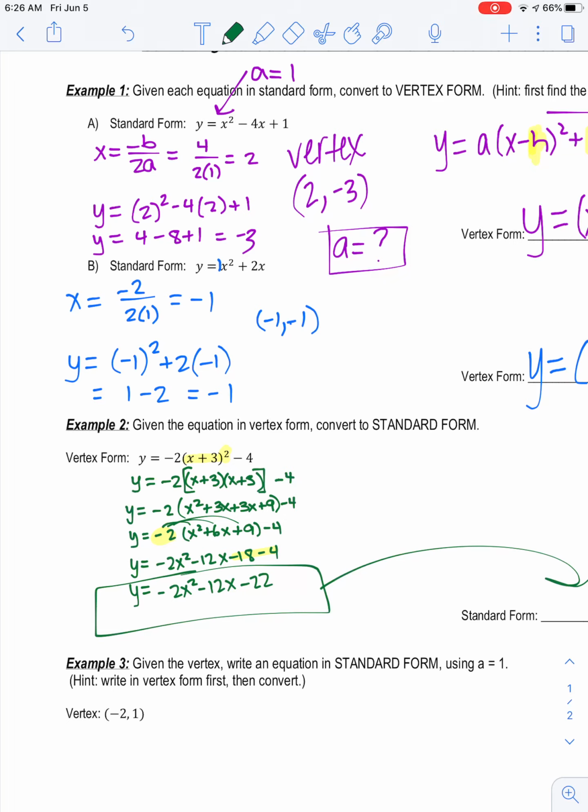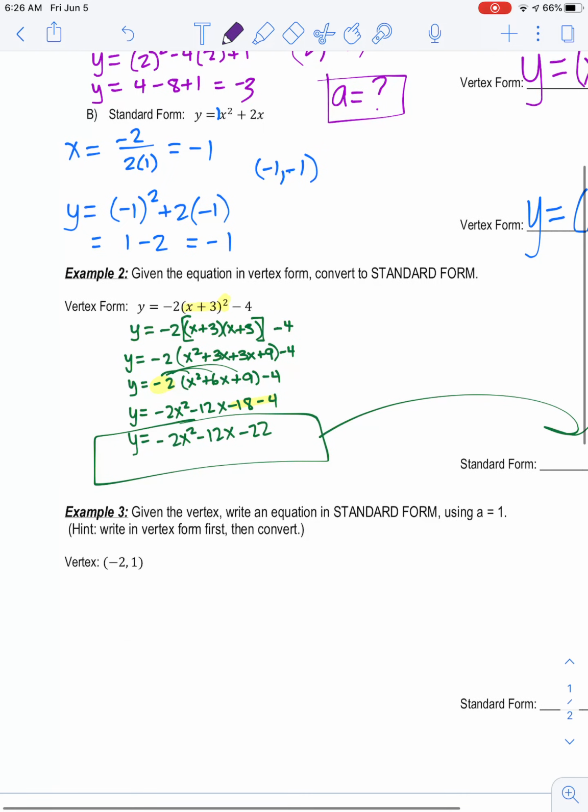So once again, I started by squaring the x plus 3 to get x squared plus 6x plus 9, and then distribute the negative 2, and then combine the negative 4 at the end. All right, last example on this lesson here